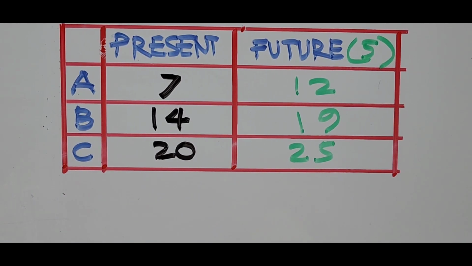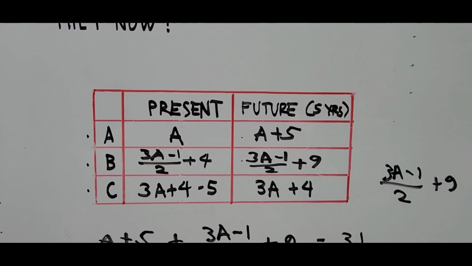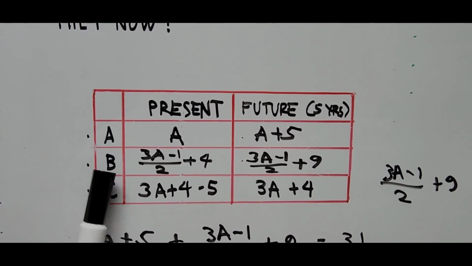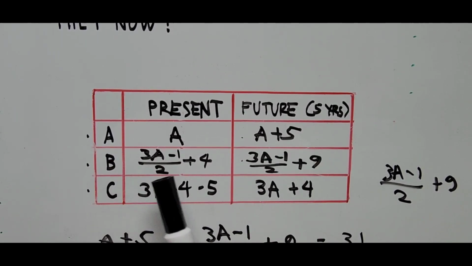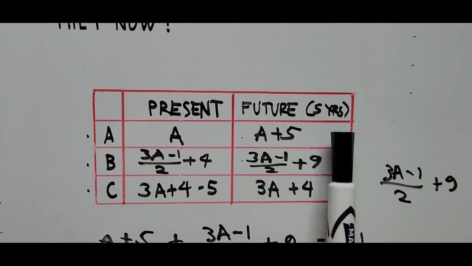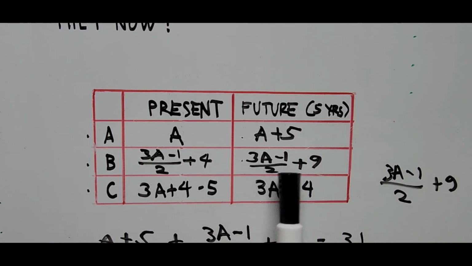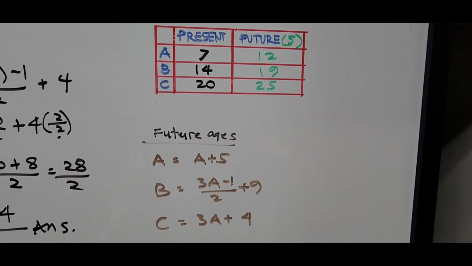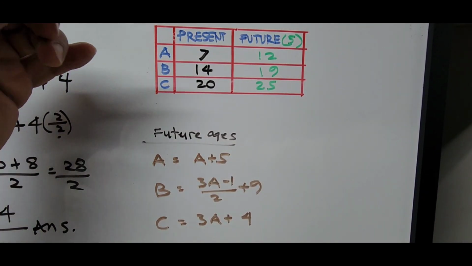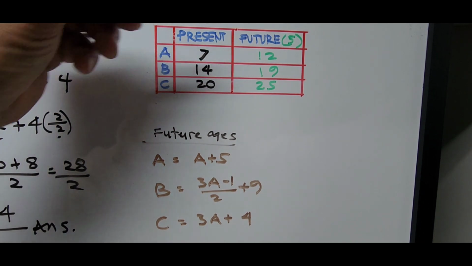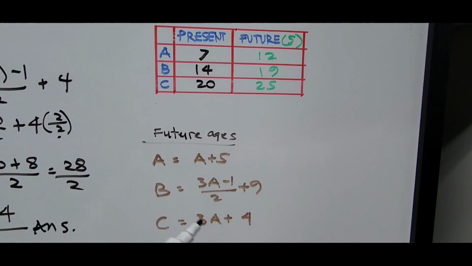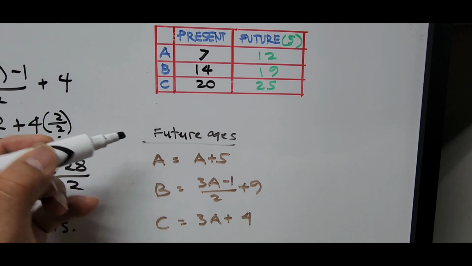To check our answer, to see if their ages are correct, we have to reflect on the expressions for their future ages from the first table. So this part right here, future ages of A, B, and C: A plus 5, B's future age, that will be all in 5 years, that will be 3A minus 1 divided by 2 plus 9, and C's future age is 3A plus 4. And from this second table where we have just tabulated the present and future ages, to check our answer we take this data from the